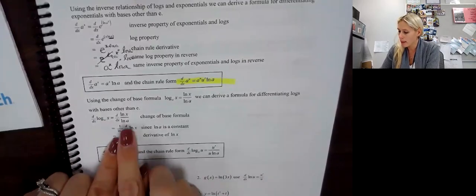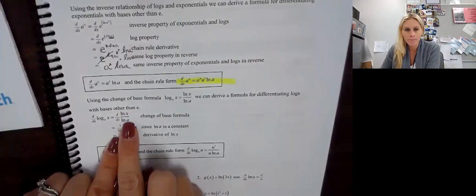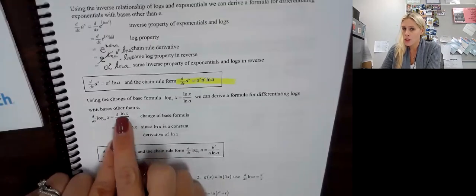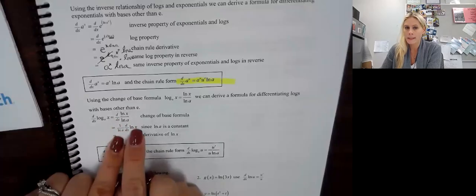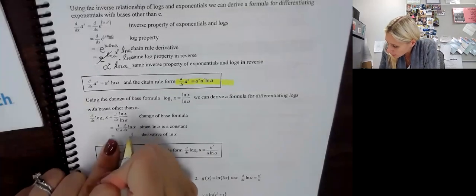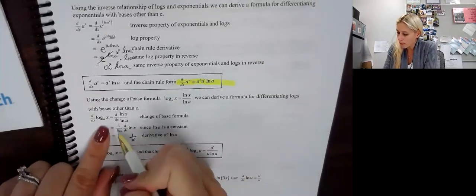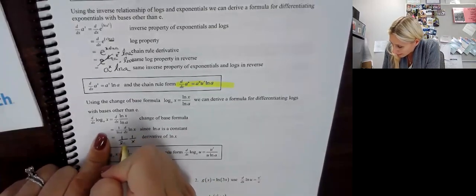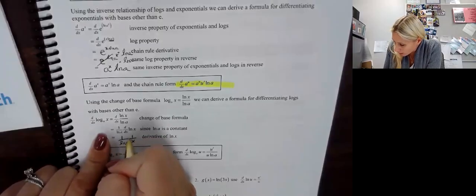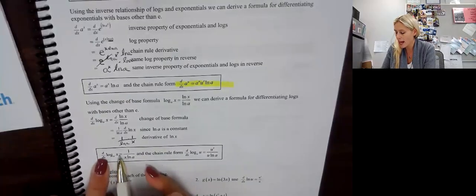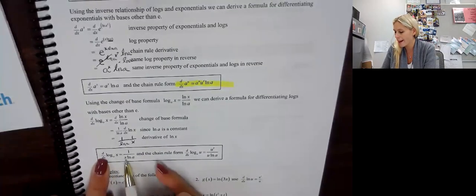Okay, so what does that mean? Don't forget that ln of a is just a number. And then we have ln of x. Well, the derivative of ln of x is 1 over x. And remember, since this is just a number, it stays out front. It's that scalar multiplication, okay? So in other words, we can write the derivative of log base a of x will always be 1 over x times ln